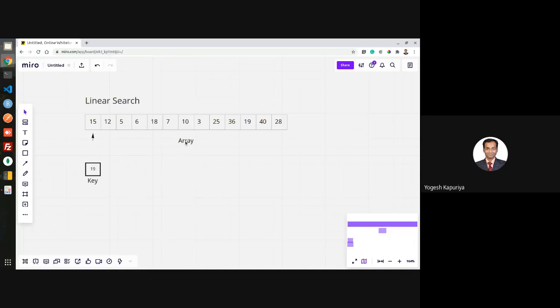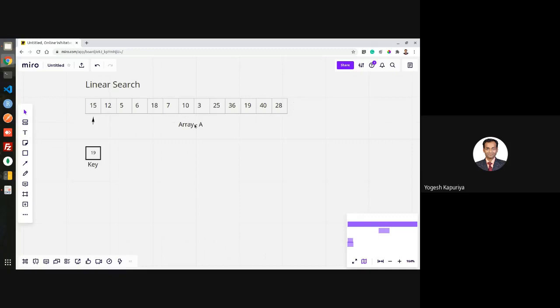Let us say this is my array A, and you will have some index value.